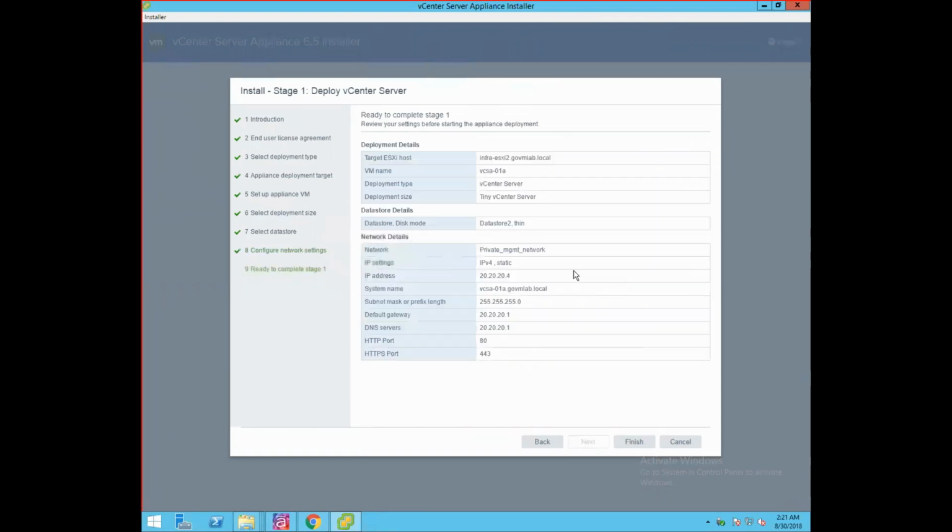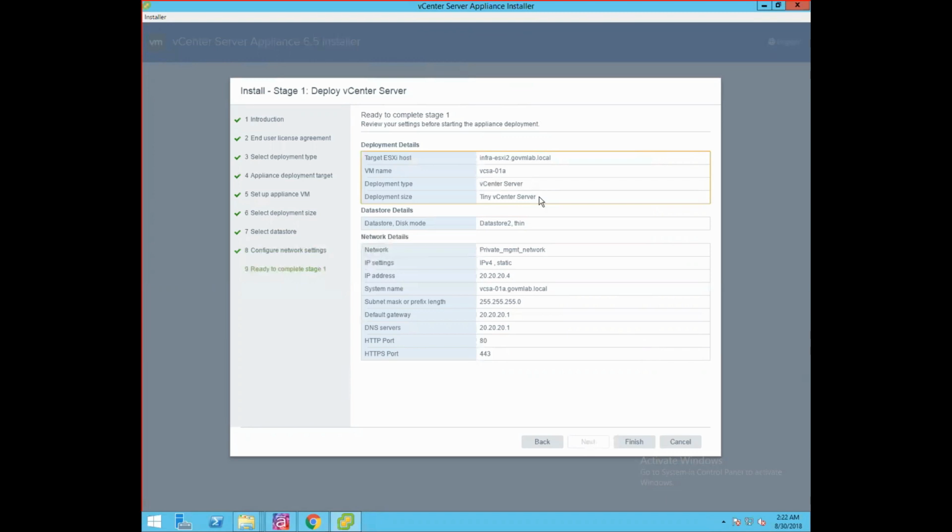Now here we can review all of our appliance deployment settings. Let me summarize it again. We have provided the target ESXi host where the appliance would be deployed, infra-esxi2.govmlab.local. The name would be vcsa-01a. Now the important thing is the deployment type. If you remember, when we were deploying the Platform Services Controller, it showed the deployment type as Platform Services Controller. Now we are deploying the vCenter Server Appliance, that's why it's showing the deployment type as vCenter Server.